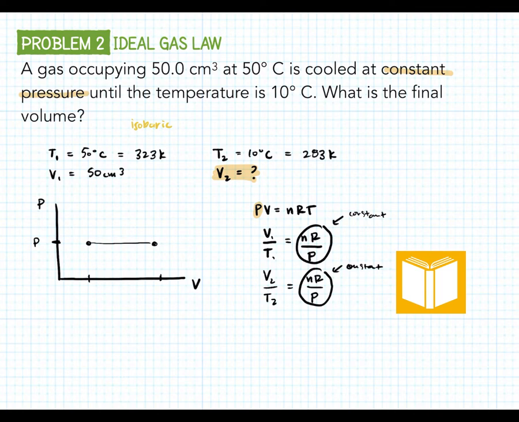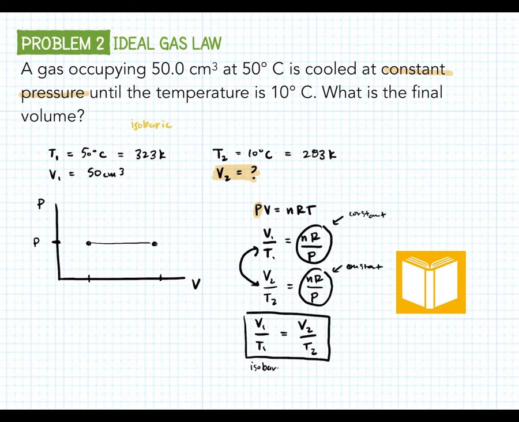So that means this and this are equal, and we can write V1 over T1 is equal to V2 over T2. Okay, so this is the equation we're going to start with, and this is only useful for isobaric processes, meaning constant